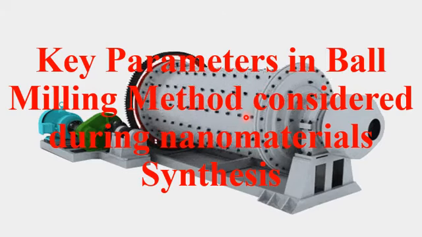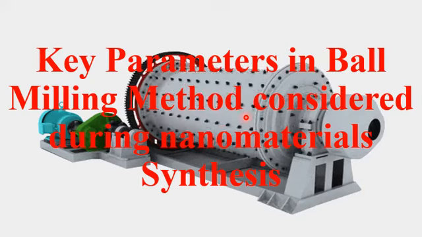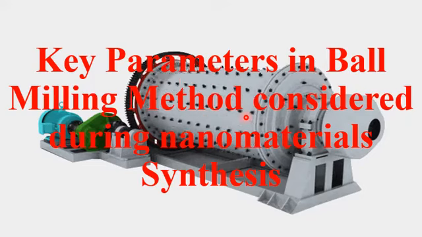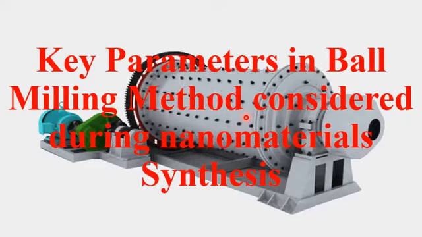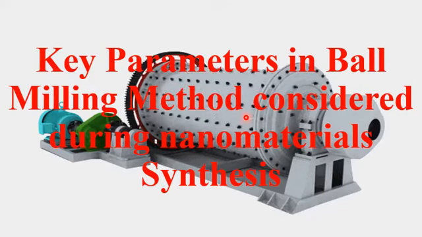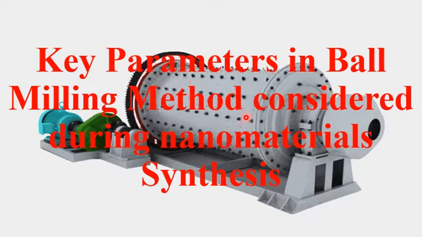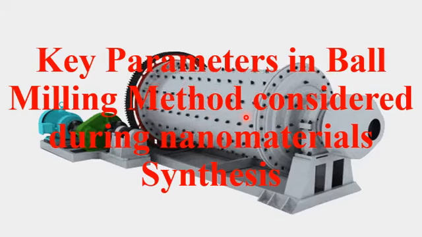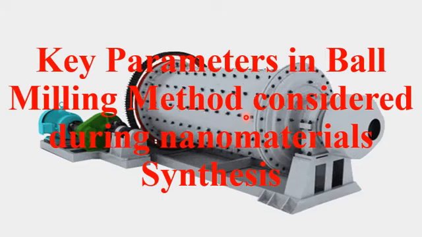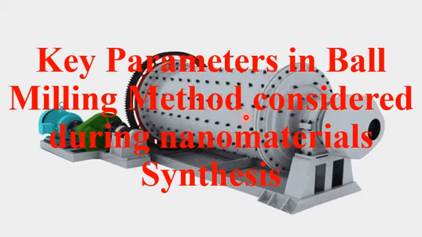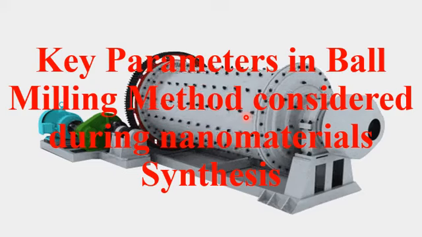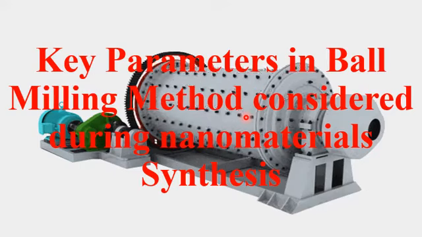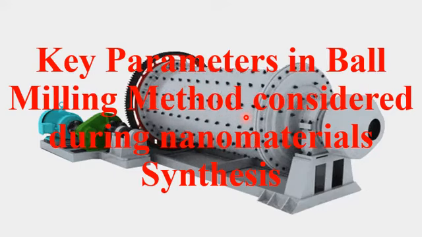The first physical parameter associated with the ball milling process is the ball to powder weight ratio, which is also known as BPR. The ball to powder ratio is considered very important if you want to prepare very fine, very small nanoparticles. The second physical parameter considered in ball milling is the time of